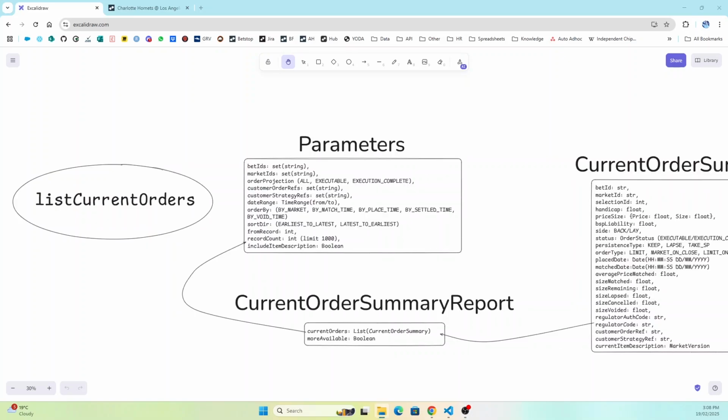Now, this function is here to look at your current orders in the market that have not been settled yet. None of these parameters are required, but depending on how many orders you have in the market, it might be a good idea to specify some parameters. So you can set bet IDs, market IDs, order projections, customer order references, customer strategy references, a date range,